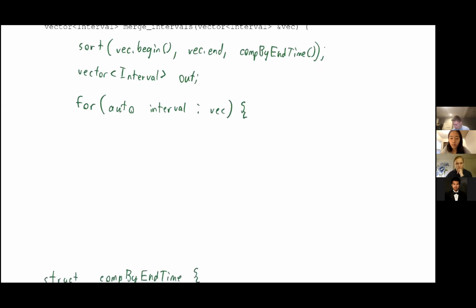Okay, and as I'm iterating through it, I would say, well, if out is empty,